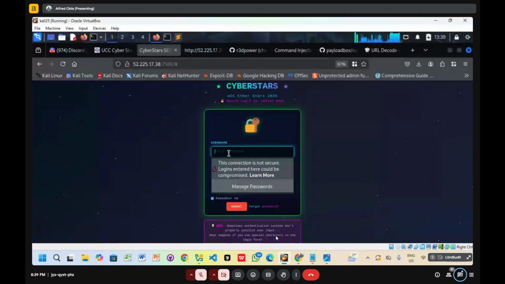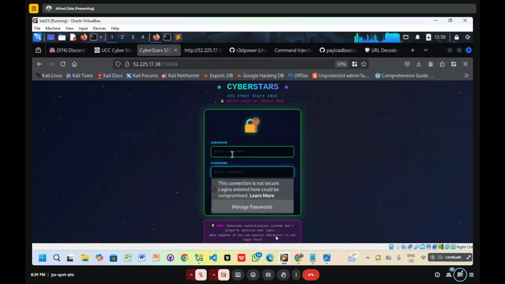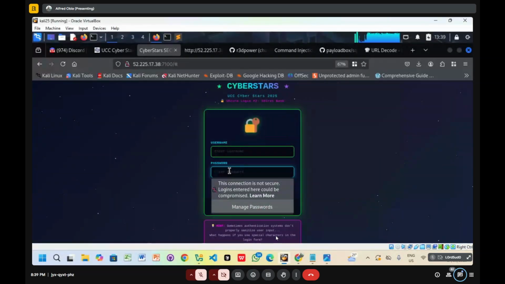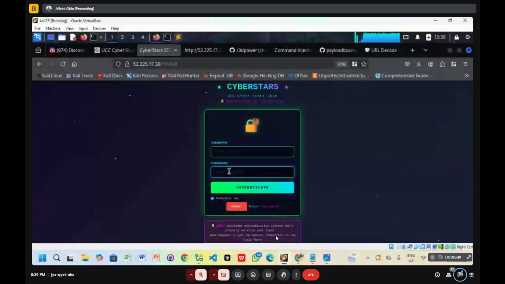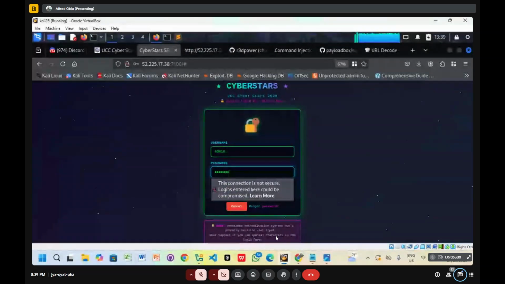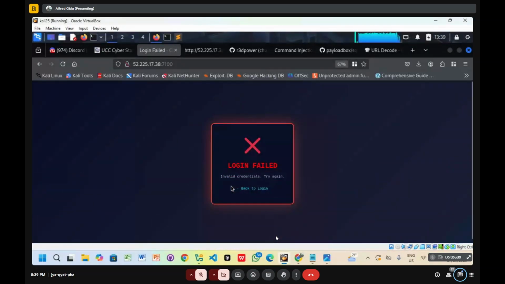Now, what we know is that normally users of web applications use what we call weak passwords and usernames, like admin 123, password 1233. So someone would think, maybe we need to brute force the username and the password, and then find it. But it's going to be hard because at first we don't know. Had we put admin and then we put password and then we